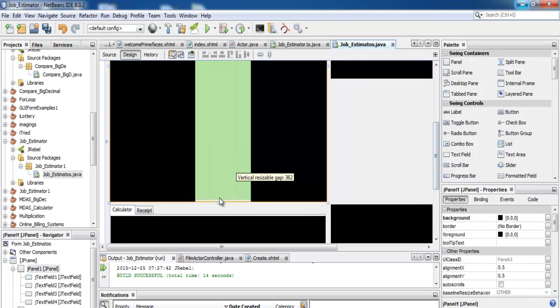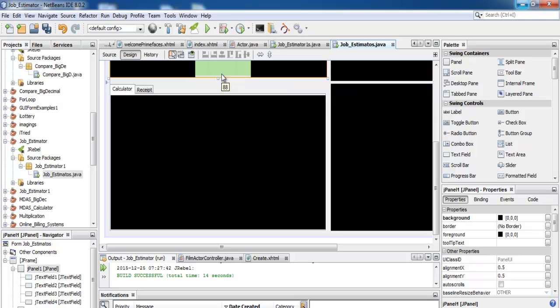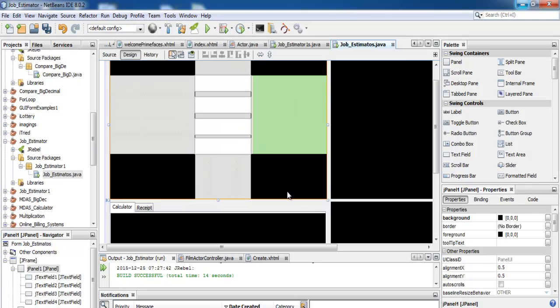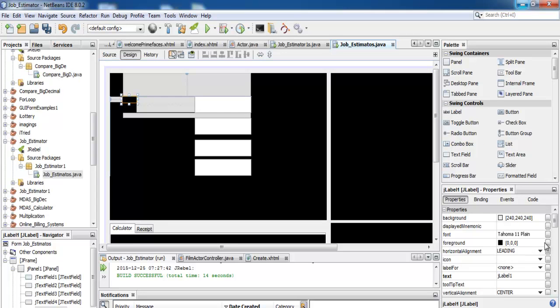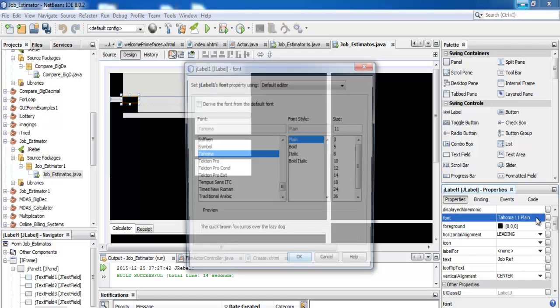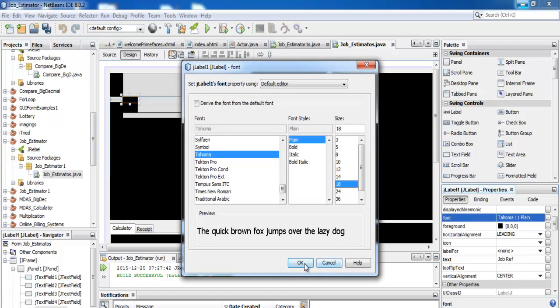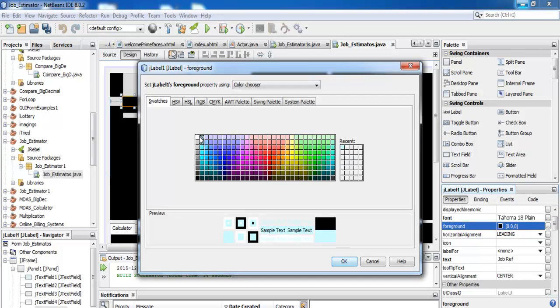Okay, you may have to do a bit of modification. Move this up a bit. Alright, so we're going to need some couple of labels as well. Let's get those labels on board right here and change the text content of that very label. Okay, we're going to change that to job reference, and font, make that 18, and we then need to change the font color to white